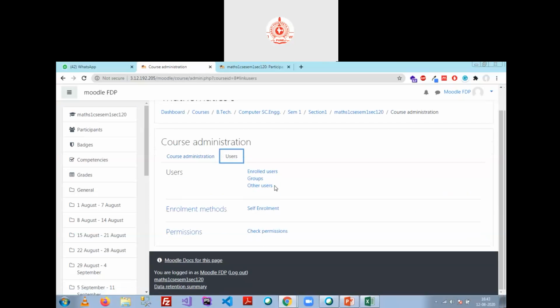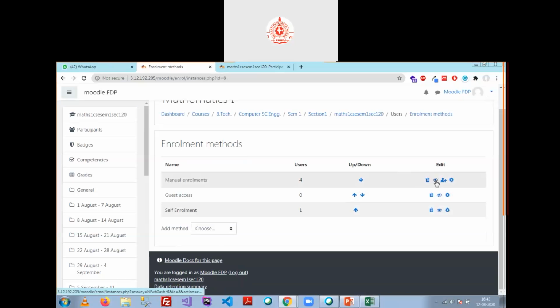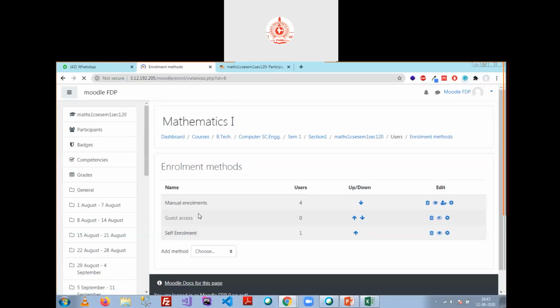So I click on the enrollment method and click on the eye button, and now I am able to do both manual enrollments, through the manual and through the self. This is the default enrollment method. If you hide this method, it will not appear unless you delete it, but it will work in the background.